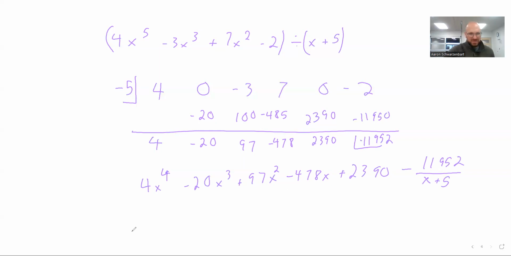An interesting property of synthetic division. If I say p of x equals 4x to the fifth minus 3x cubed plus 7x squared minus 2, p of negative 5 will equal my remainder. Unless I made a mistake, which I don't think I did. That means if I plug in negative 5 for all the x's,